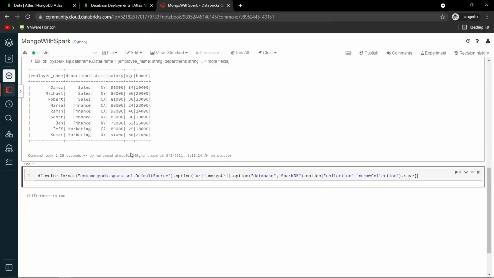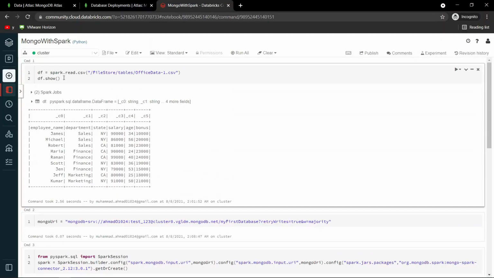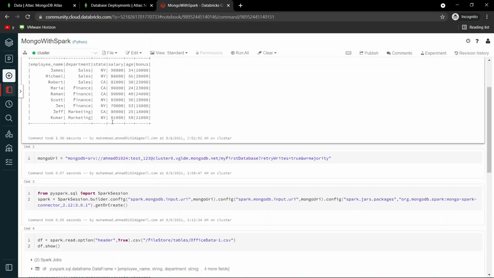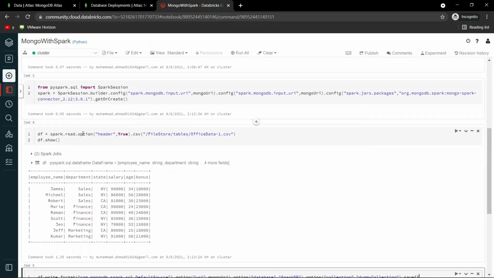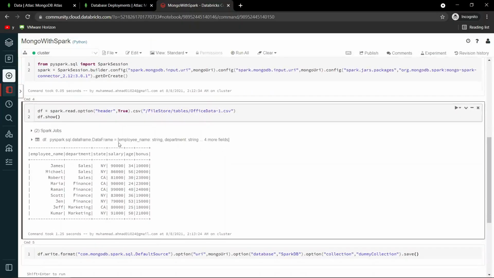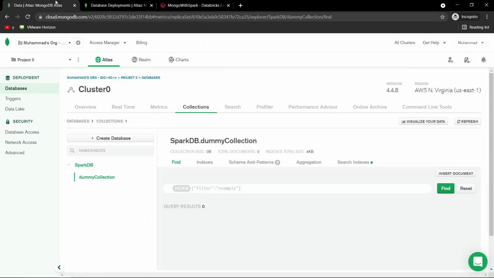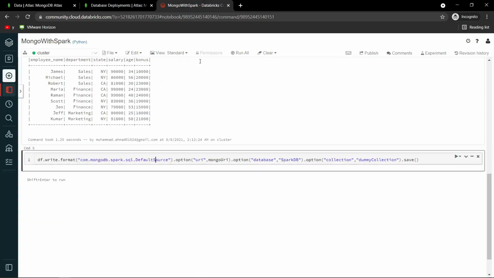What this statement will do is simply save this data frame, which contains all this information, inside the MongoDB. So in this video, we just saw how we can read the data from the file, and then we recreated our Spark with all the configurations that we want, and then we are reading the file again and writing this to the MongoDB cluster. So if we give it a go,